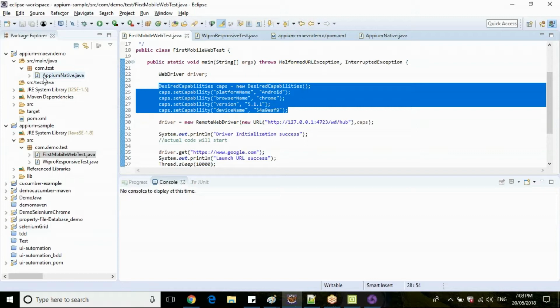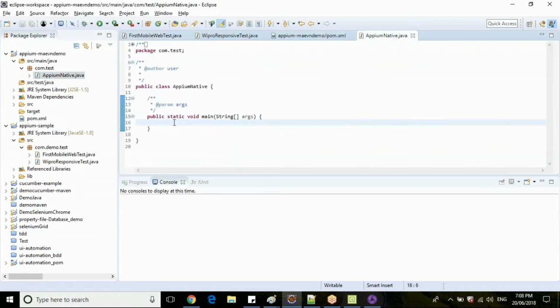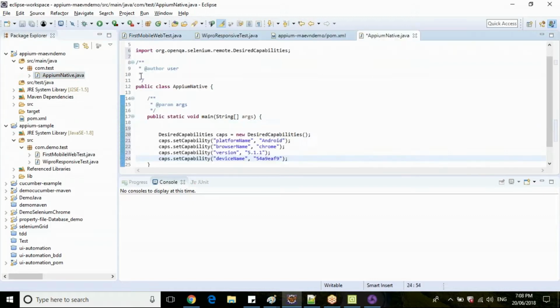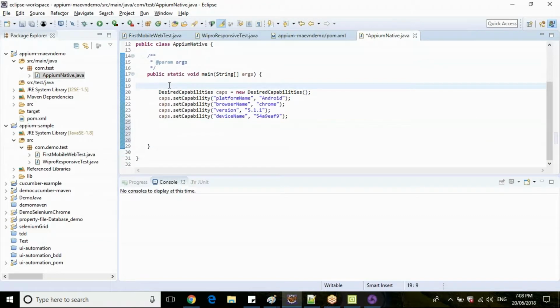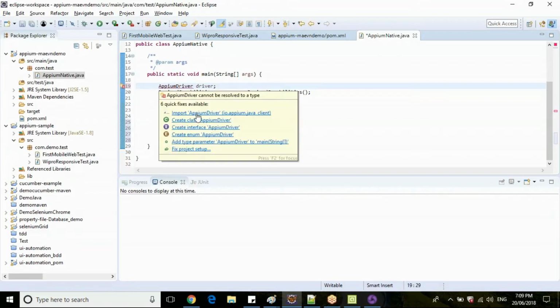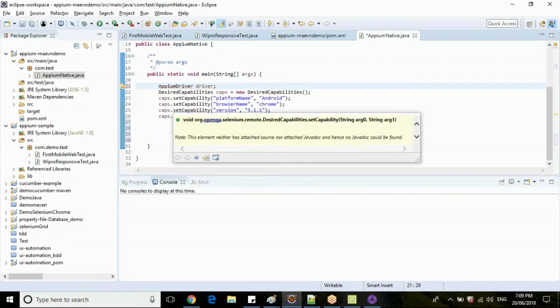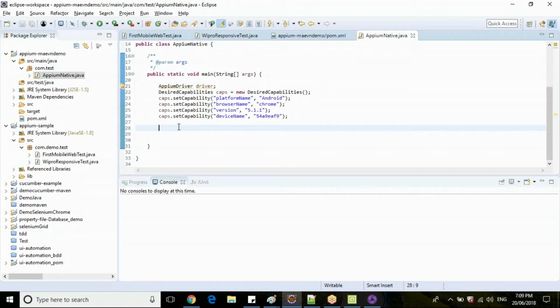Desired capabilities. Just provide your desired capabilities here, and declare your driver here, Appium driver. Import your Appium driver here.